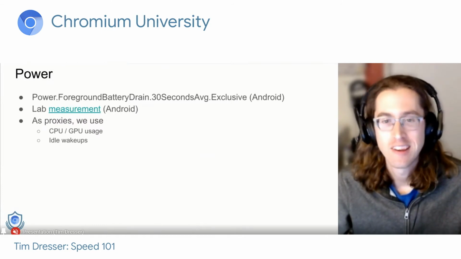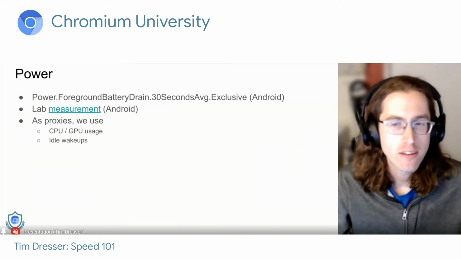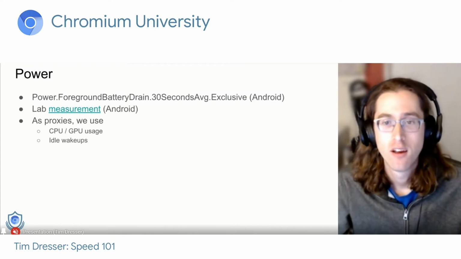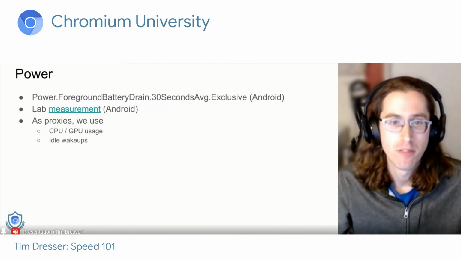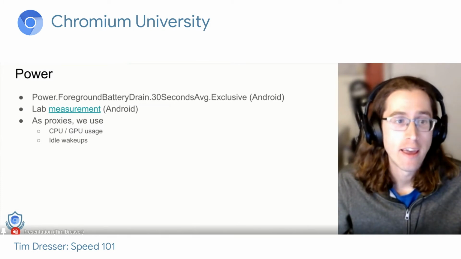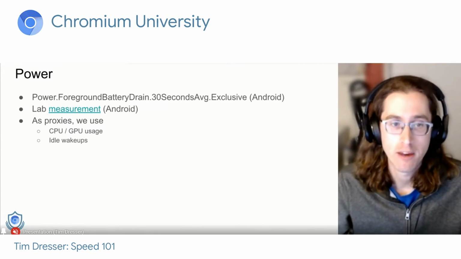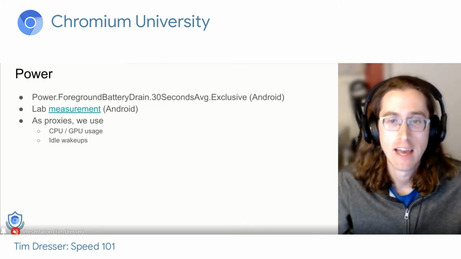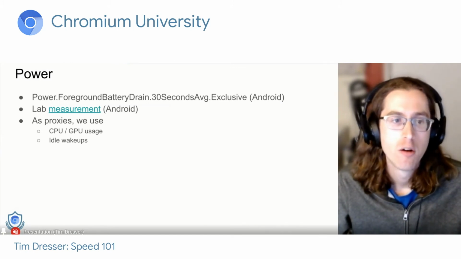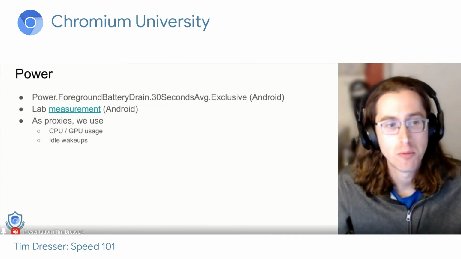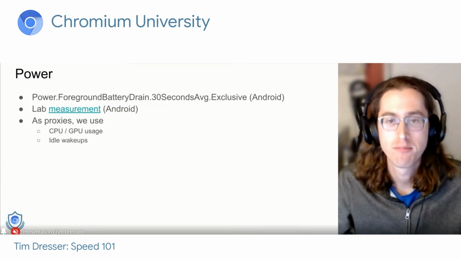Power consumption is another tricky metric, as it's user-facing sometimes when the user's on battery or their laptop becomes super hot. It's definitely something we need to keep in mind, but the numbers are difficult to interpret without a good deal of context. We track these numbers for Android using an UMA metric that looks at battery drain, and in the lab, we have some Android devices which are instrumented to give us high accuracy power consumption information, but we also end up utilizing proxies in a number of cases, such as CPU and GPU usage and the number of idle wake-ups.